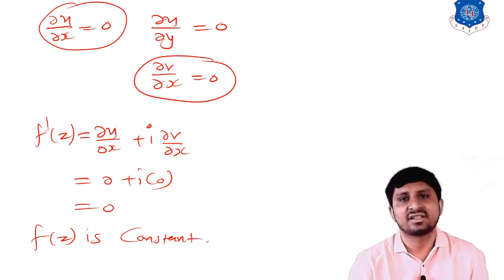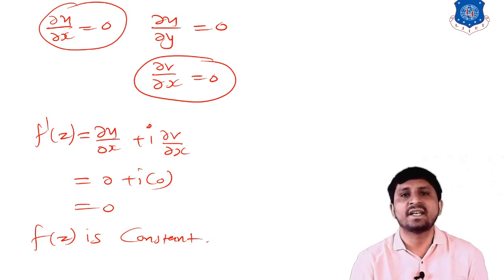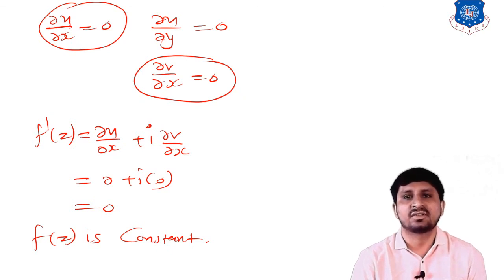So we proved that f of z is constant. In today's lecture, we discuss some of the remaining examples of analytic functions. After that, we discuss the CR equation in polar form. In some examples, you have to check whether the given function is analytic or not, using the CR equation in polar form. After that, we discuss some important theoretical examples. This is our last example in today's lecture, a very important example: if f of z is analytic and mod f of z is constant, then we prove that f of z is also constant. Thank you.